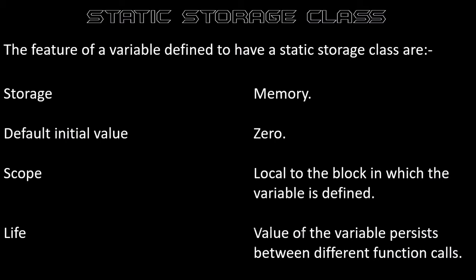If you don't initialize a value for your variable, then it will be initialized to 0. Its scope is local to the block in which the variable is defined, the same as the previous one, and the value of the variable persists between different function calls. That is the difference between the